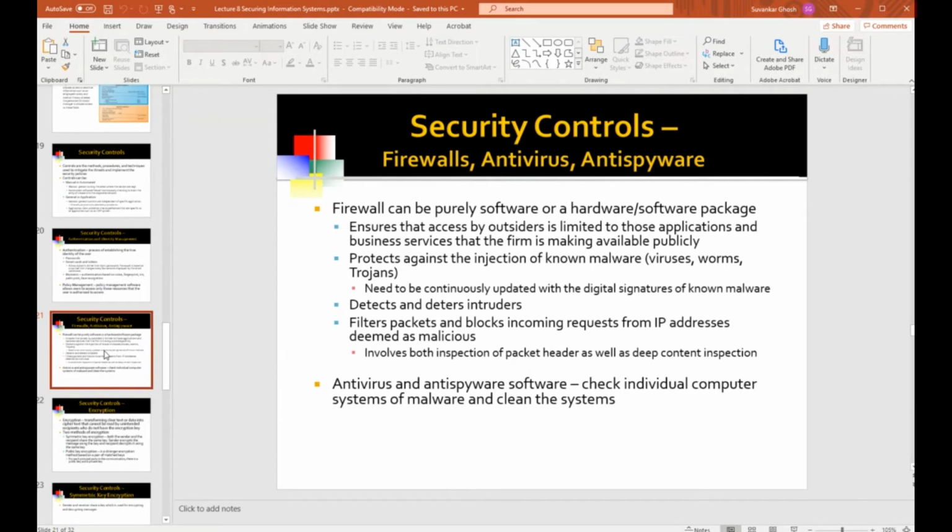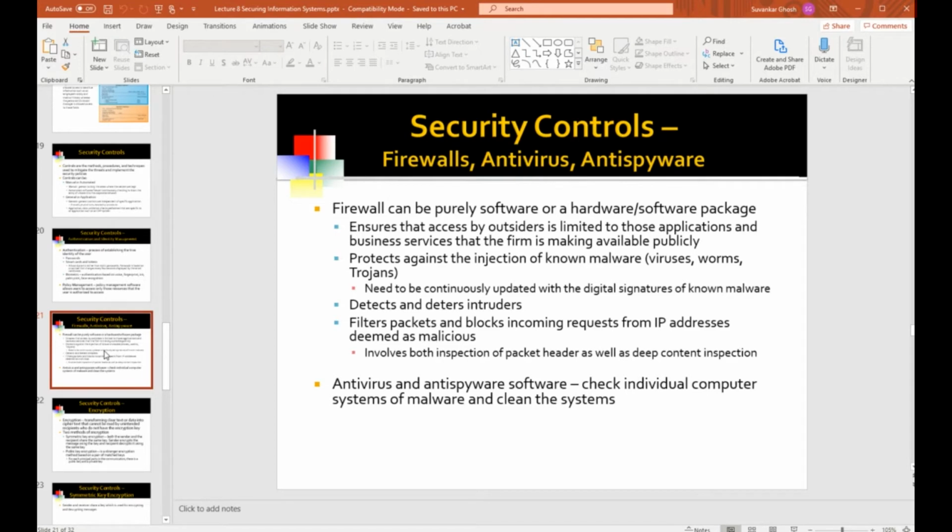Because how the firewall works is it looks at the digital signature of the virus. So everything ultimately in computers, be it the way it's stored or transmitted, is all in zeros and ones. So a particular virus is a certain string of zeros and ones, and that's called the digital signature. And firewalls have a database of the digital signatures of these viruses.